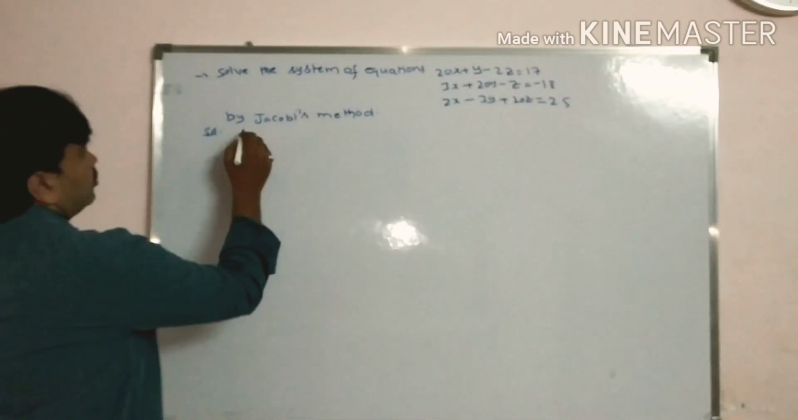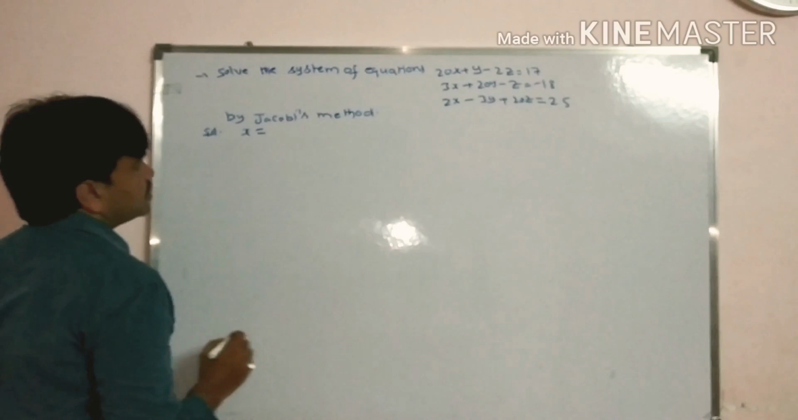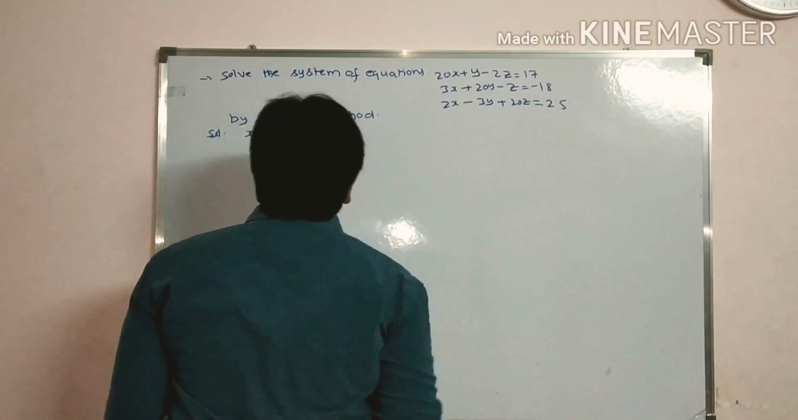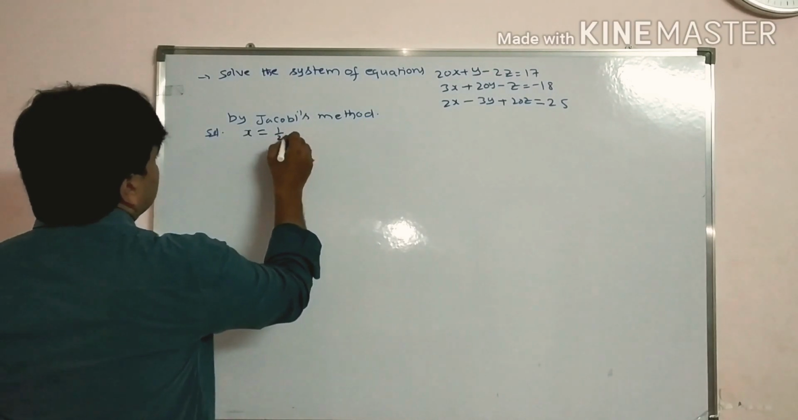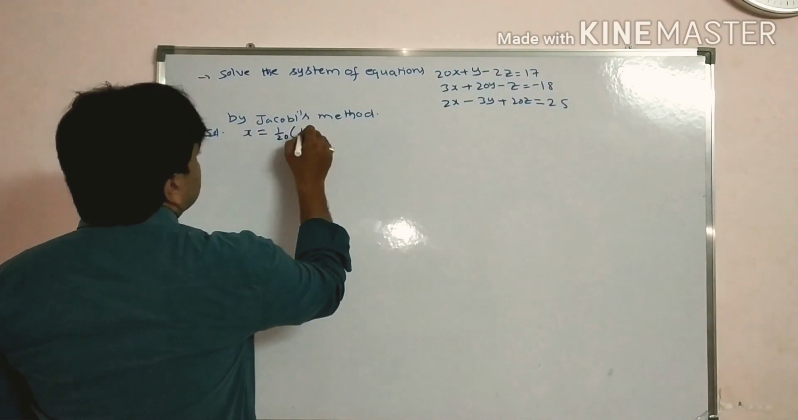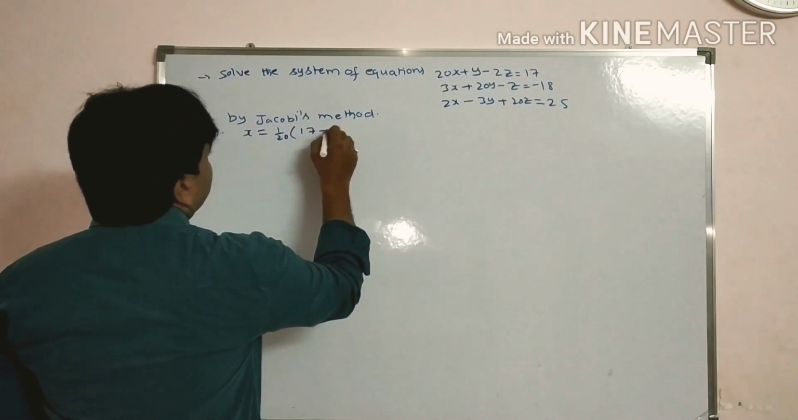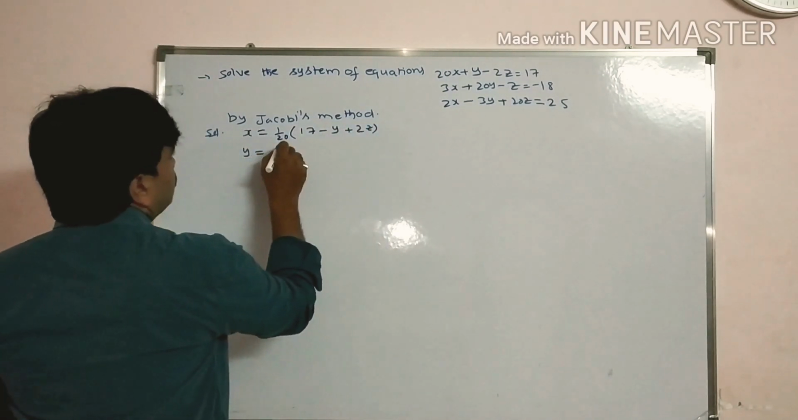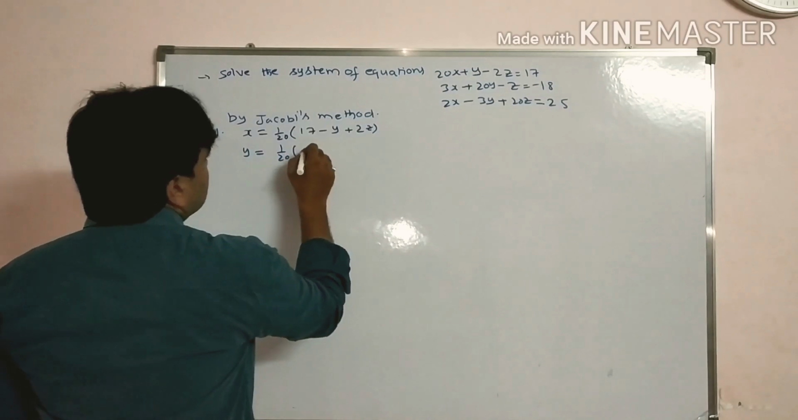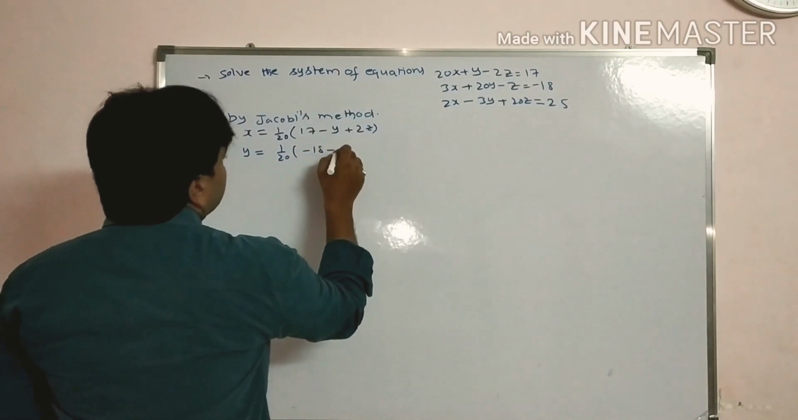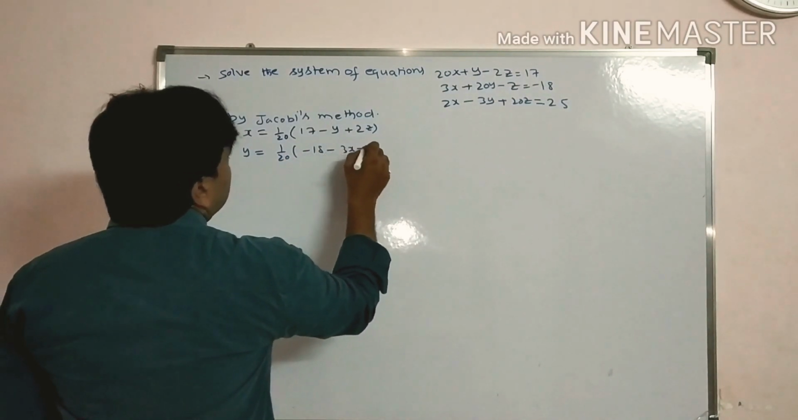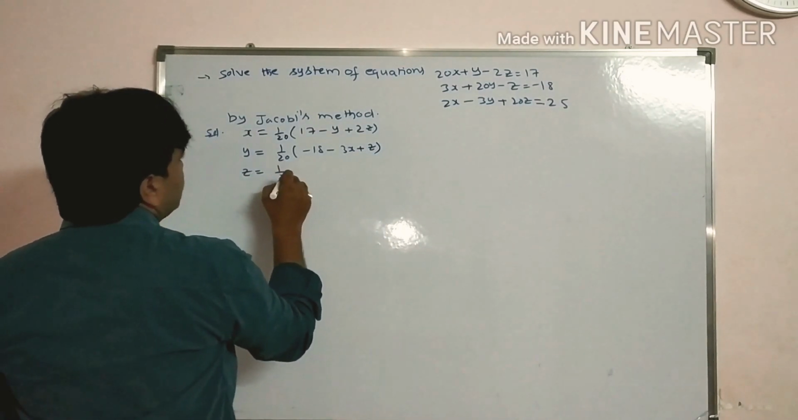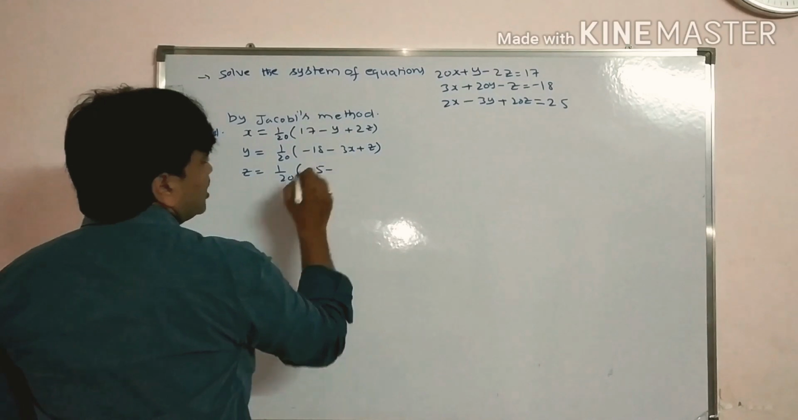So solution, you write x is equal to, now you transpose the y and z to the right hand side. You get here 1 by 20 bracket 17 minus y plus 2z. And y is equal to 1 by 20 bracket minus 18 minus 3x plus z. So z is equal to 1 by 20, 25 minus